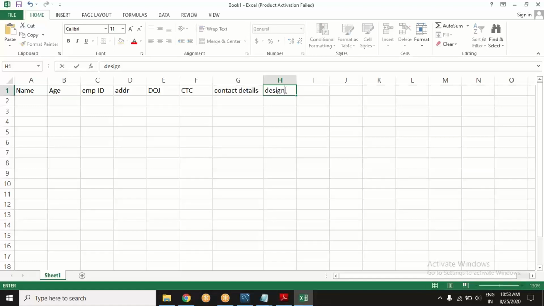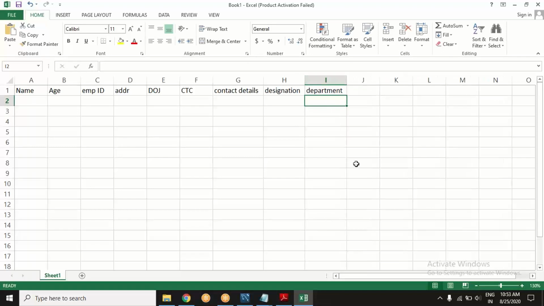Maybe designation. Maybe department. This kind of information may be there, and then there may be many more. Yes, maybe DOJ, DOB, family details, and so on. So all in all, these are the details of an employee that can exist in the database.